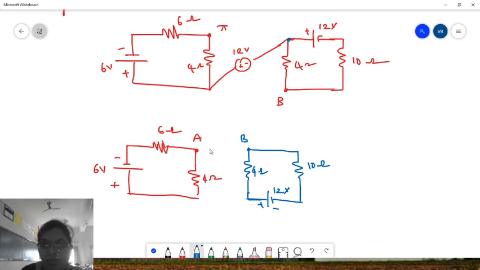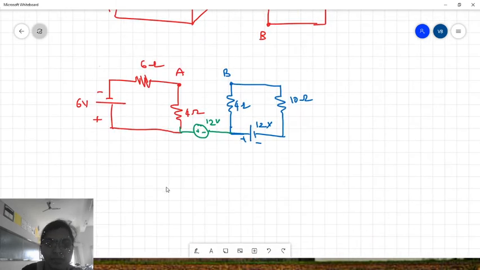This is 12 volts. And here, this terminal is down, this terminal is up. So how are we going to write this middle source? Like this we are going to represent. This is connected here down, that is 12 volts. Like this, that will be shifted. 12 volts, this is positive and negative. Okay. So now we need to calculate the voltage across the A and B terminal for this network.